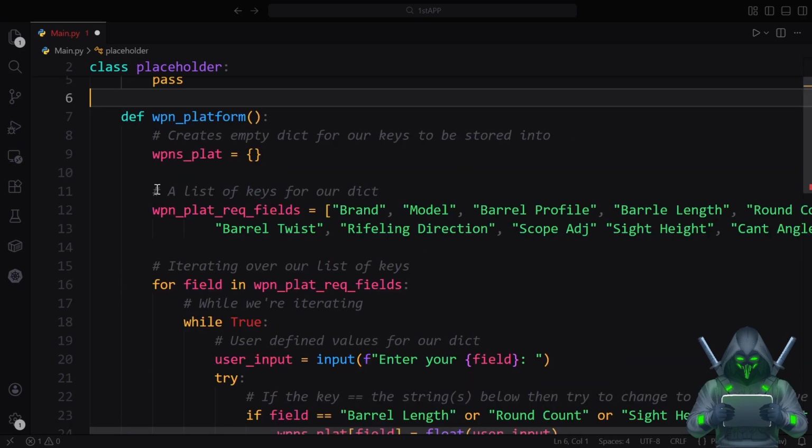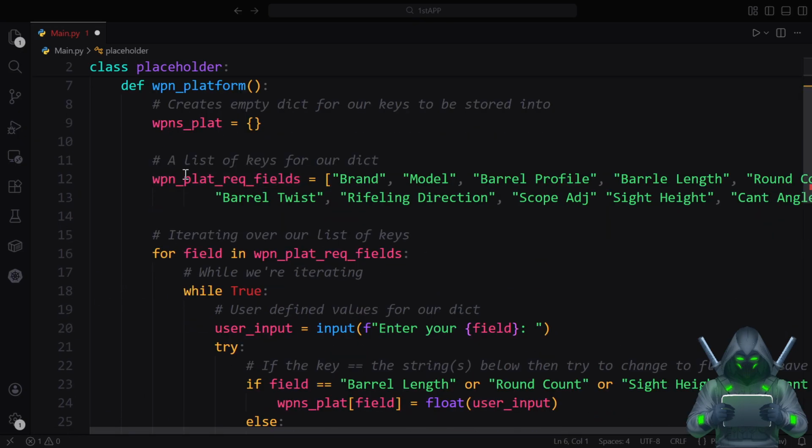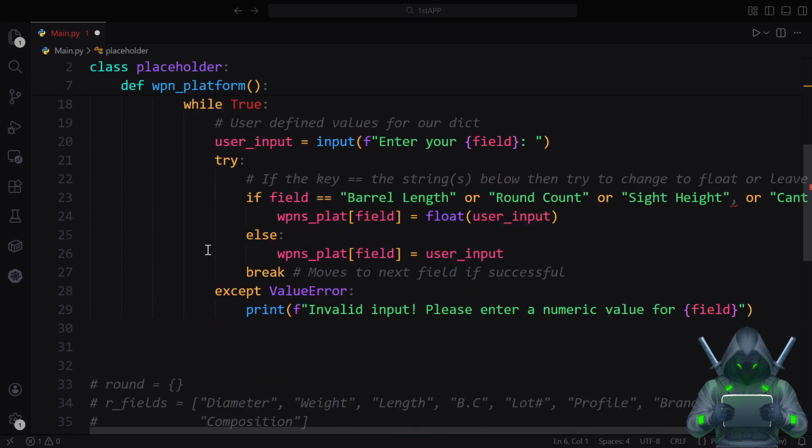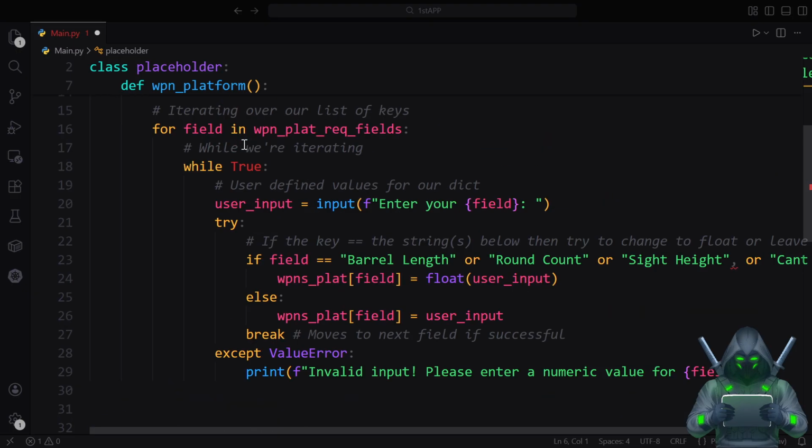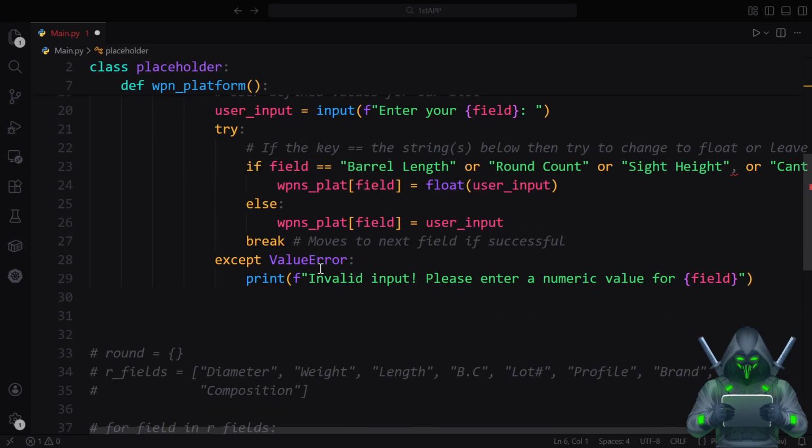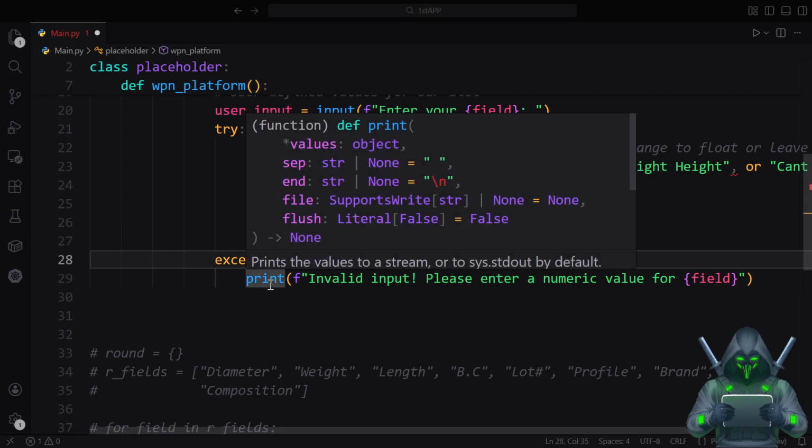So for weapons plat, field, yeah, float user input, which is this, else leave it as user input. Break, it moves to the next field if it's successful. So if it's not,